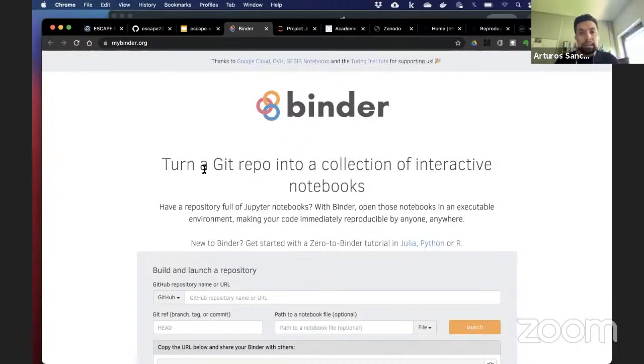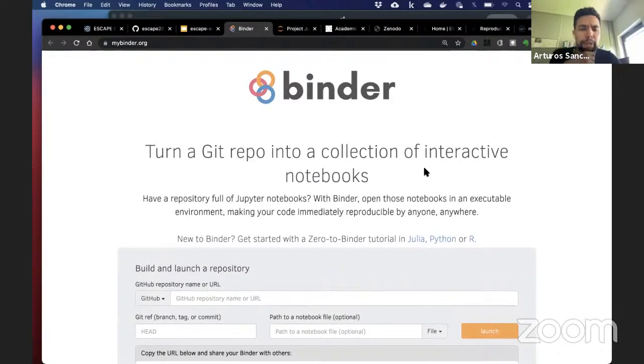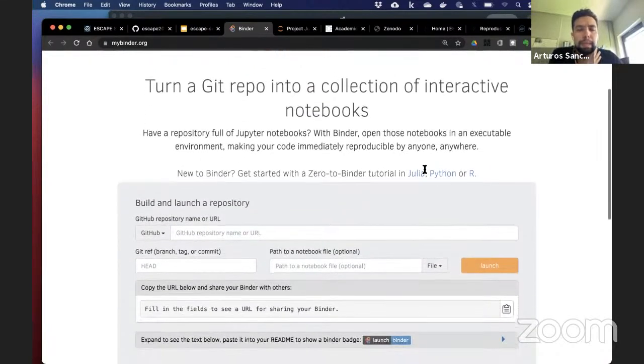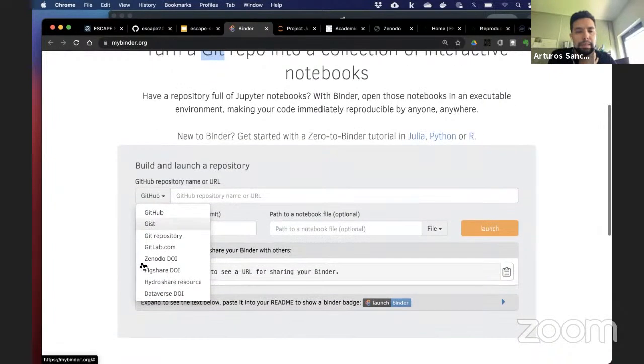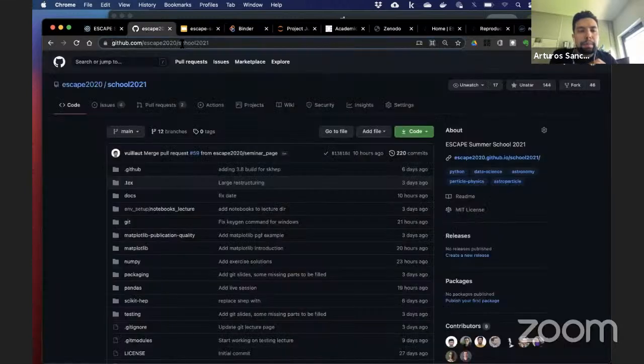As you can see here, the user interface is quite simple. Essentially what it does is that you can turn any Git repository into a running notebook. It can be a repository in GitHub, Gist, GitLab, as you can see, or a Zenodo DOI, that is obviously reading a Git repository, and some others. So you can take one of these. For example, let's take the one from the school. So if we take our Git repository for the school,